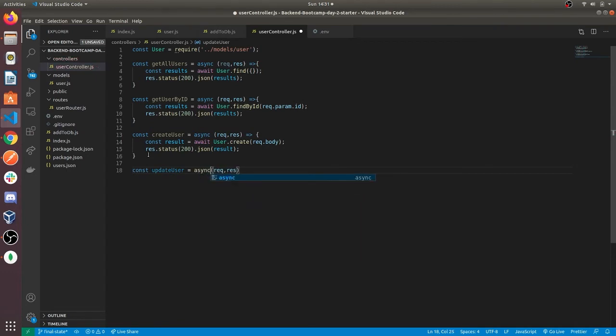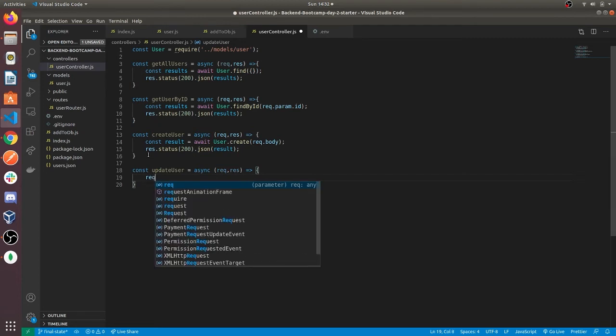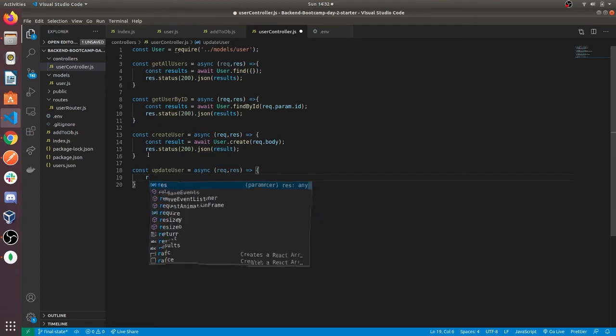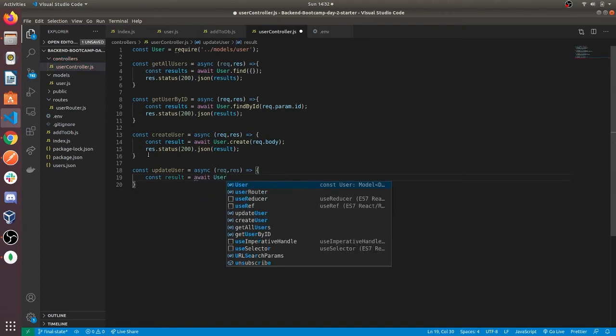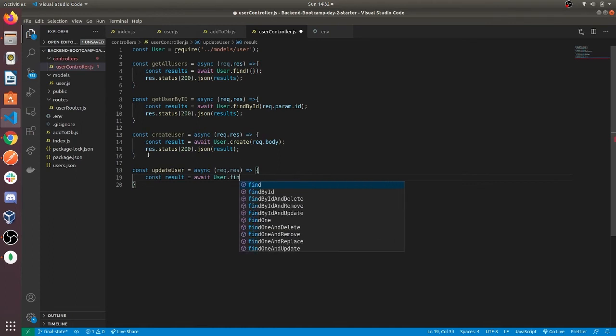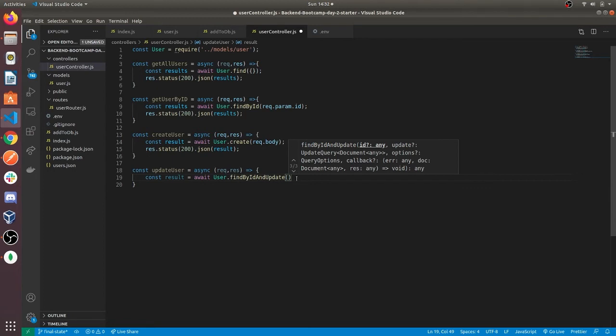Also on the function. Just in case you wish to know more about these mongoose queries, you can always refer to the documentation. I will link them.